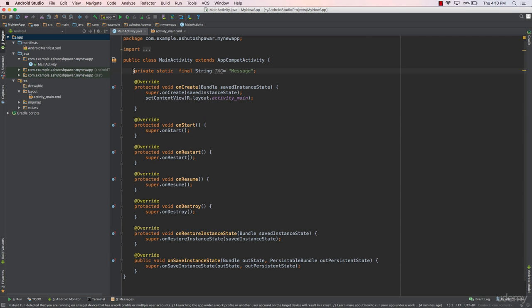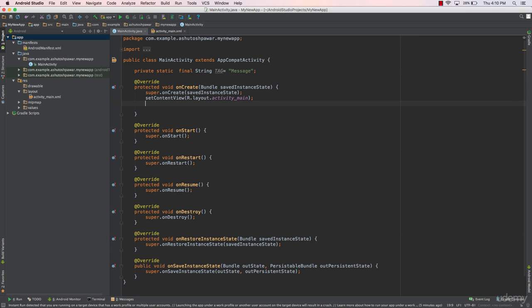As you could see from here, I have already created the log message. I have typed in private static final String, which is going to be a string message, and I have named that message TAG, and we have typed in a simple message over here. Now what you need to do is simply add this message to the log in each and every method. Firstly, we go inside the onCreate and type in